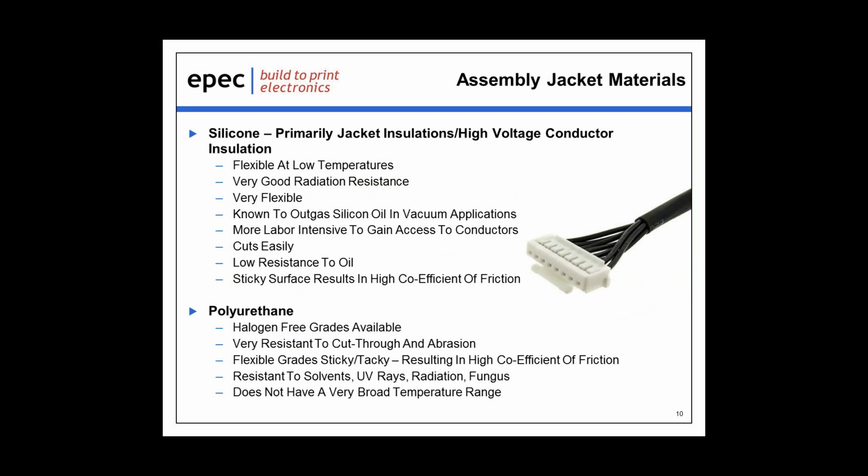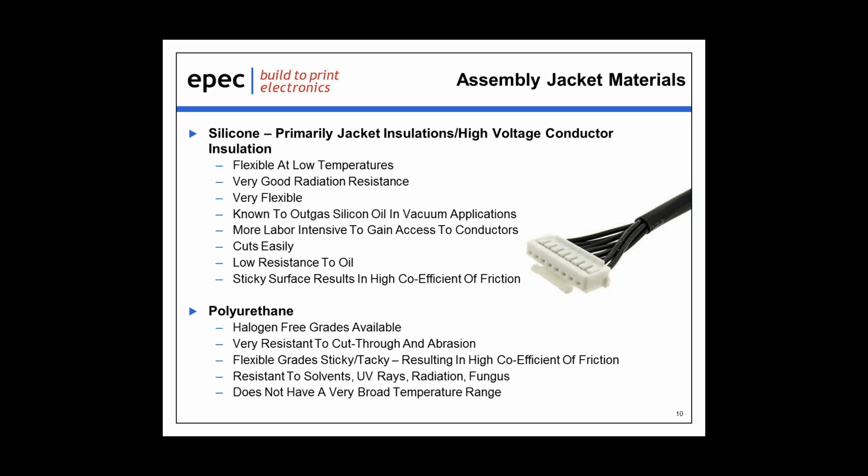Silicone is used primarily as a jacketing material or as a covering for conductors used in high voltage applications. Silicone maintains its flexibility at low temperatures and has pretty good radiation resistance. It is known, however, to outgas silicone oil when exposed to vacuum applications, and it is fairly easy to cut through. Silicone has a low resistance to oil and ends up having a sticky finish, and that stickiness results in